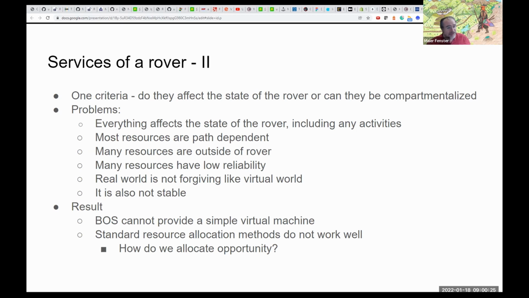The real world is not forgiving. If I make a mistake, I can't undo it. So if you think about the operating system as juggling multiple activities, there are not too many activities. If you think about the operating system as providing services, we talked about them, but if you think about the package of services being a virtual machine, the operating system has great difficulty providing a virtual machine to the programs